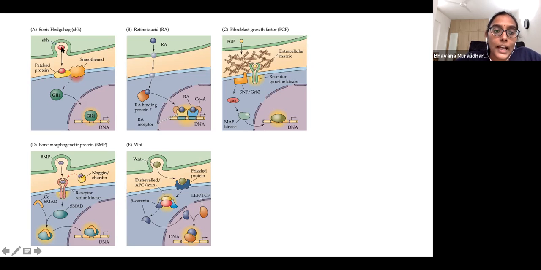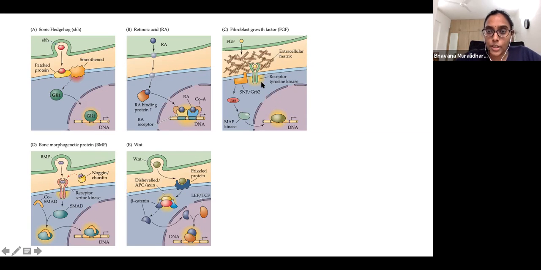So the sonic hedgehog mechanism essentially involves the binding of sonic hedgehog to the patched protein, which then relieves the repression from smoothened, which then goes on to activate either a repressor Gli or an activator Gli, which then goes on to bind to the DNA and activates or represses genes. Similarly, retinoic acid binds to a retinoic acid binding protein, which then has a co-factor, which then binds to DNA, again activating